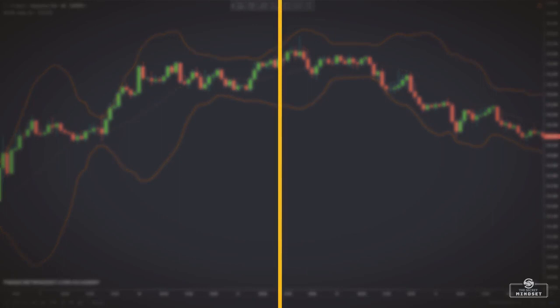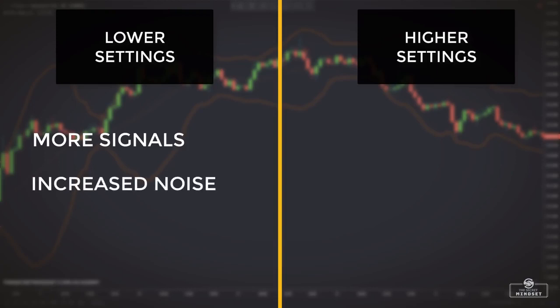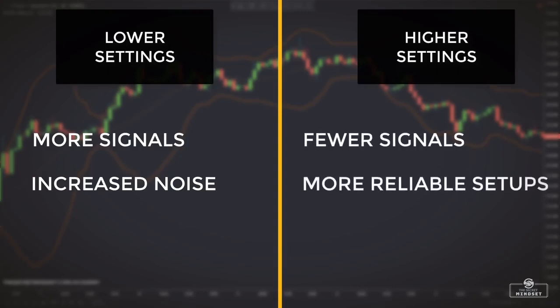So, lower settings on the Bollinger Bands will generate more trading signals, but will also increase the number of false signals, as the price movement will exit more often from the bands. On the other hand, a 2.5 standard deviation or even a 3 standard deviation will generate fewer but high probability signals. Now, I prefer to trade with the odds in my favor, so if a standard deviation of 3 will offer me around 99% certainty that the price won't exit the Bollinger Bands, then I will be interested to trade